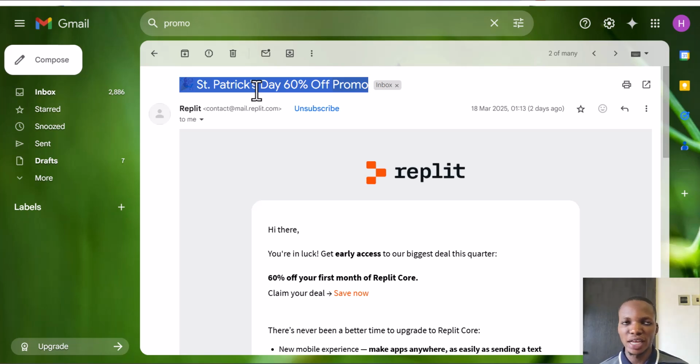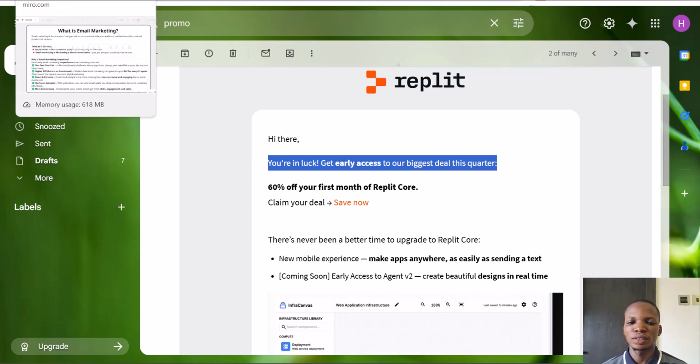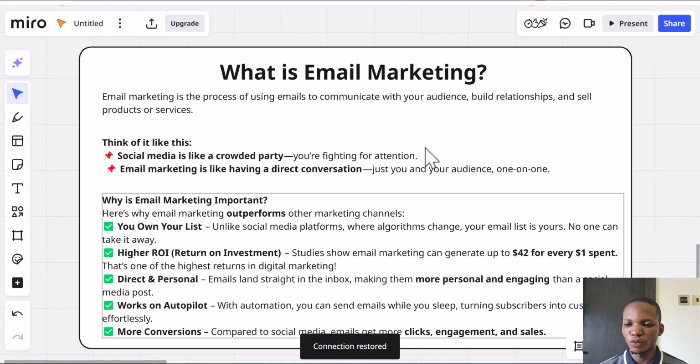When you hear email marketing, this is what comes to most people's minds, all these promo emails and product announcement emails. But email marketing is more than that. Even though promo emails are one of the best ways to make sales, they are not the most important emails. There are so many emails you can send. I just use these two as examples. If you go through your Gmail right now, you can see different emails from different companies that are promo, welcome emails, or just reminders to check out your cart. Or you can even send a notification email, like, you added this thing to your cart, and you get a notification in your email. These are some emails you get from companies. I don't know if you understand me.